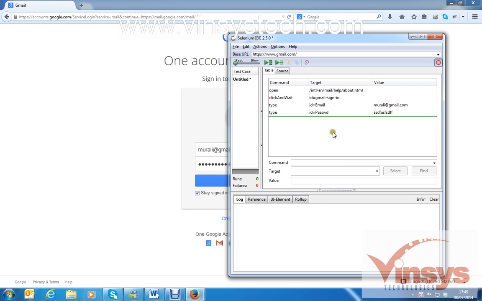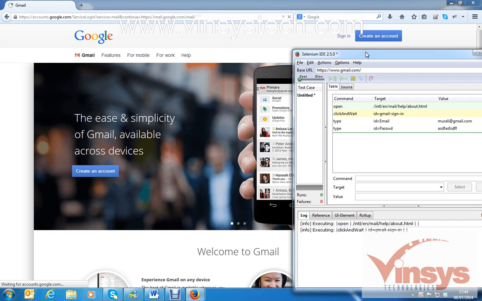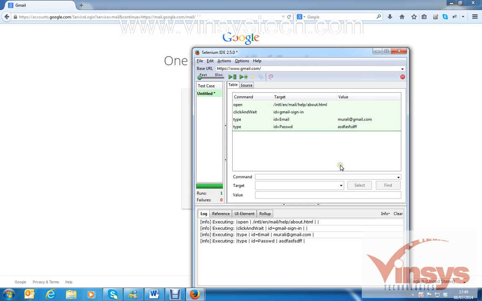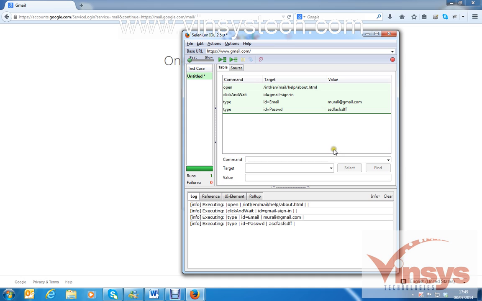See, it has recorded some script about the Gmail login, and I can stop the recording here and play the recording again. See, it will open Gmail and enter so quickly because it's in very fast mode. Right, so this is the simple record and play feature of the IDE. With the IDE you have many features as well, we will see them later one by one.